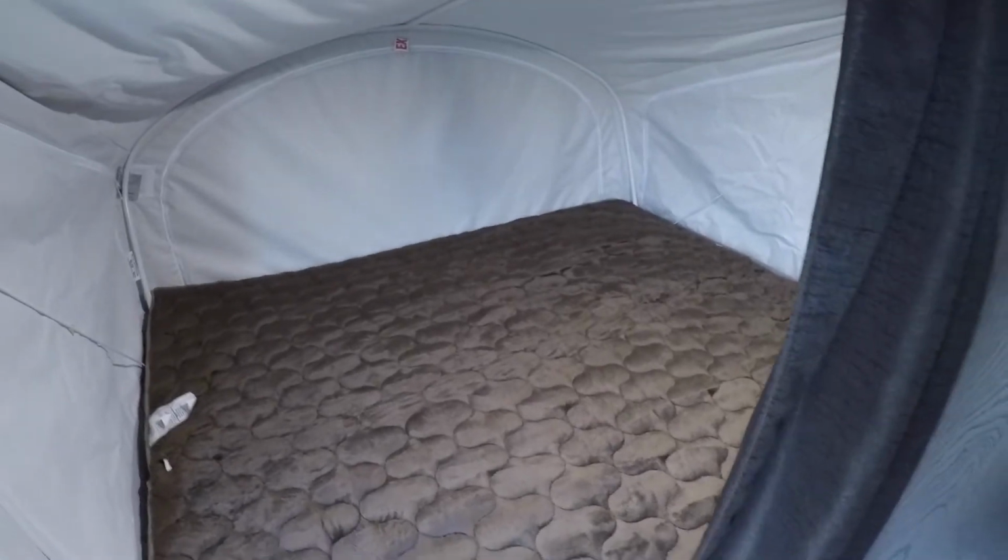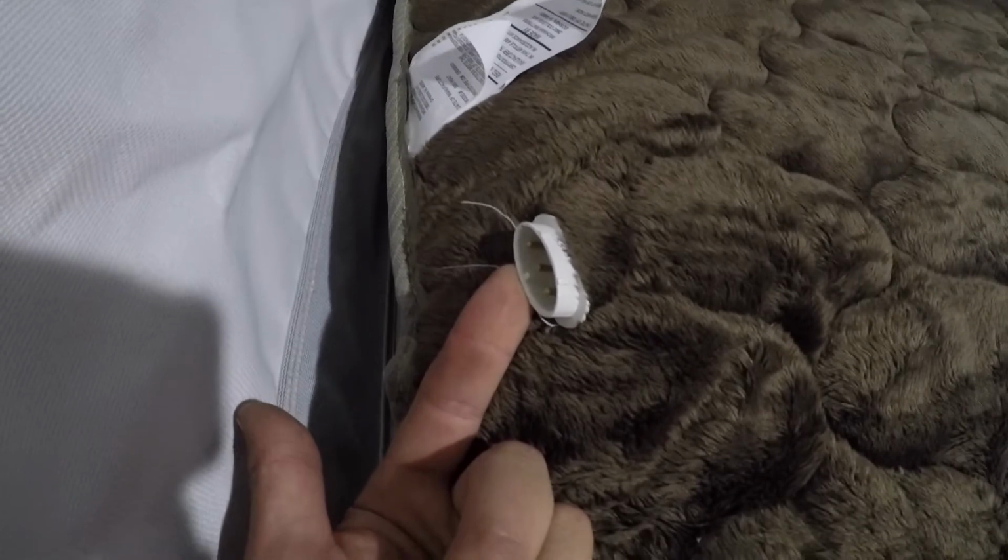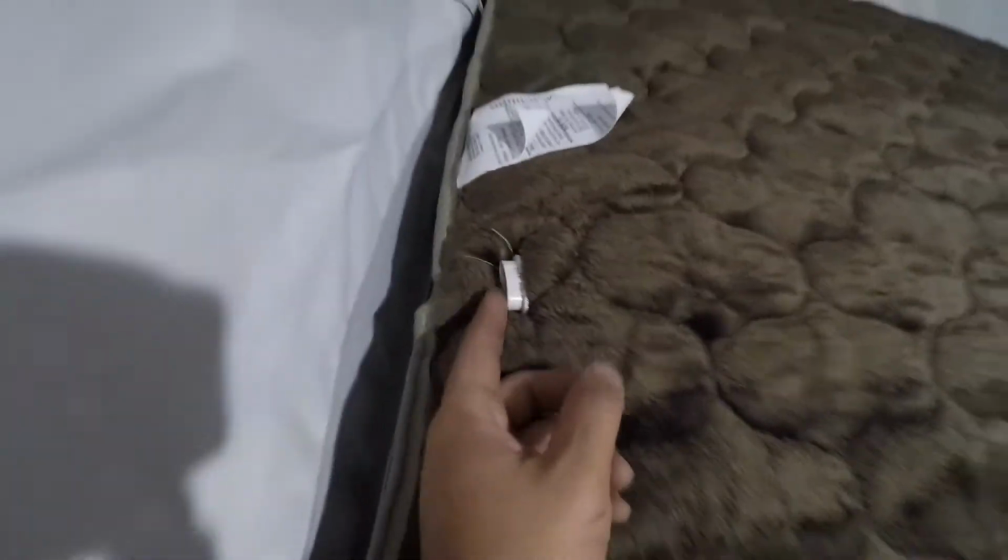And there you go. There's a plug here on both mattresses for a heated bed. I'll show you the wires for that. And those just plug into the AC plug. So